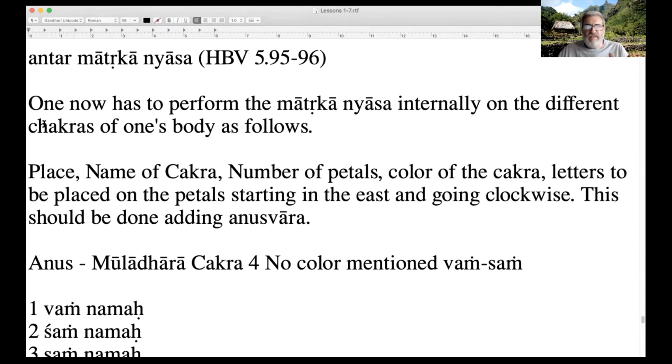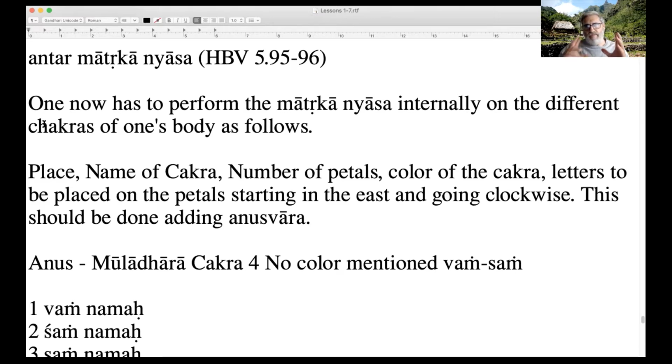What I've done is given the place, the name of the chakra, the number of petals, the color of the chakra to be meditated upon in the body, the power center, and the letters to be placed on the petals, starting from the east and going clockwise.